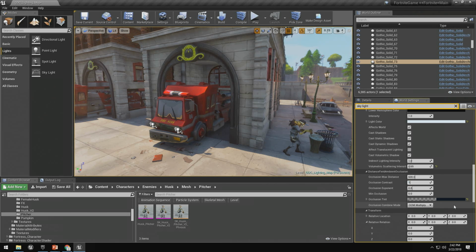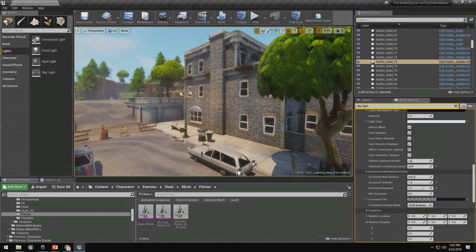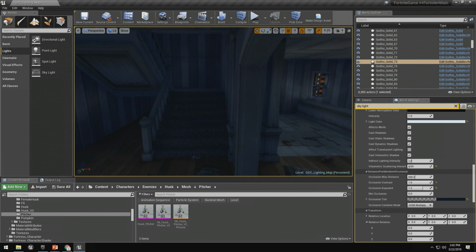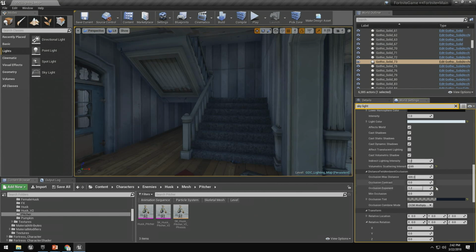So we'll set contrast up to 1, and we'll take occlusion exponent, set it to like 1.2, and you'll notice the inside of the fire hall gets a whole lot darker. Now, these settings are going to be consistent throughout any objects in your scene that are occluded with distance fields. So if I come over to this apartment complex, it's now very dark and murky in here. If we go back to our default settings of 0 and 0.8 respectively, it's now brighter again. So as an artist, you have a lot of control over how this ambient occlusion gets applied in your scenes.